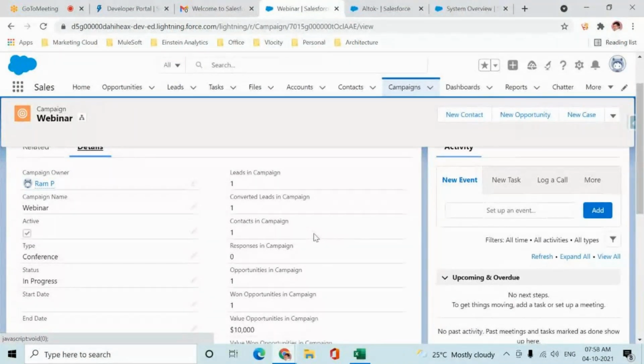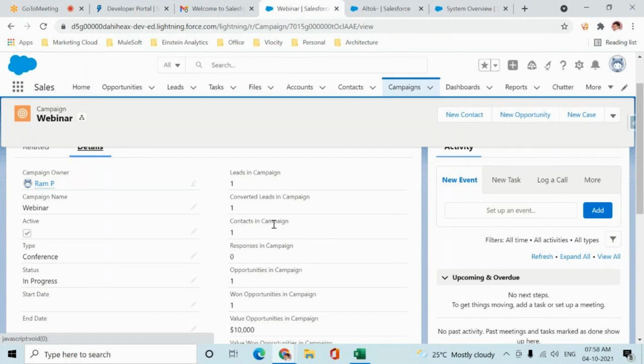Now, at any point of time when I generate the reports, right? I can simply ask, okay, how many leads have I generated this month from this campaign? It will say 100. Out of 100, how many became my customer? Let's say 75. Out of 75, how many opportunities have I won? It says 30. Okay, what about the other 45? At what stage did these 45 opportunities get lost? Each and everything can be captured very easily using funnel reports. Those things we'll see in future.